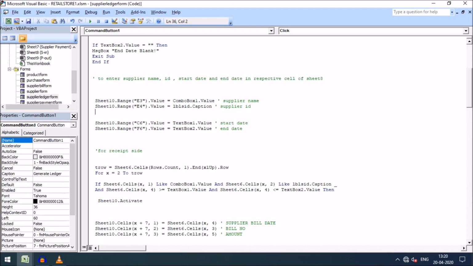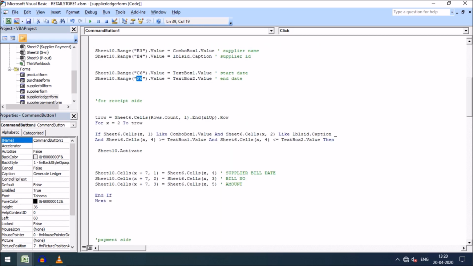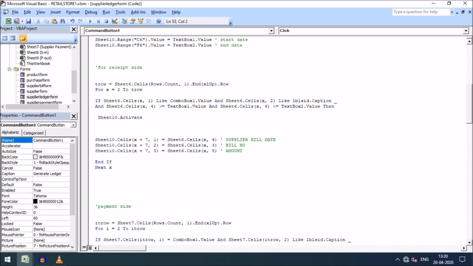So to hold these values, I have assigned this section like this. You can see the cell address for supplier name, this cell address for supplier ID, this cell address for start date, and this cell address for end date. And for the receipt side, I want to check that